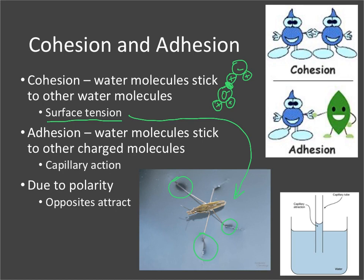Now, a similar concept is adhesion. And adhesion just means that water sticks to other molecules, especially molecules that have a charge to them, even if it's a partial charge or a full charge. And this property gives us something called capillary action. So if you see this picture here,